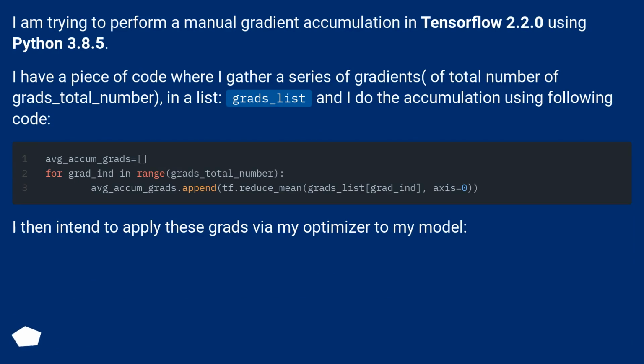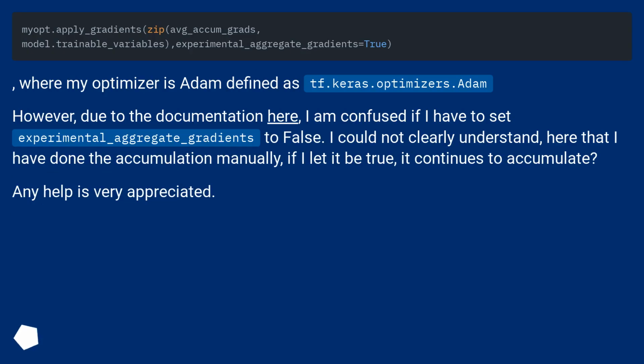I have a piece of code where I gather a series of gradients, total number grads_total_number, in a list, grads_list, and I do the accumulation using the following code. I then intend to apply these grads via my optimizer to my model, where my optimizer is Adam, defined as